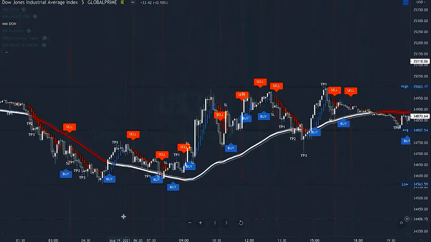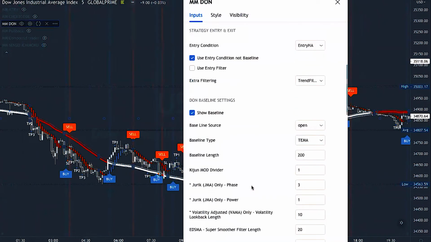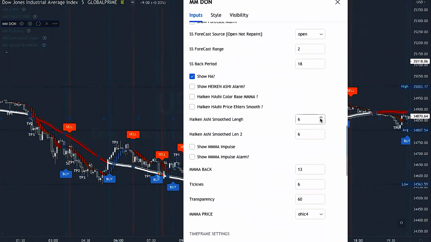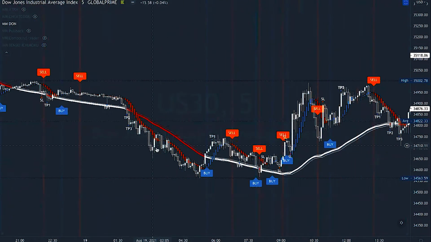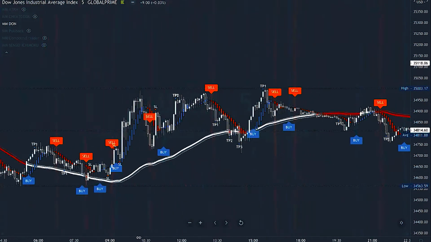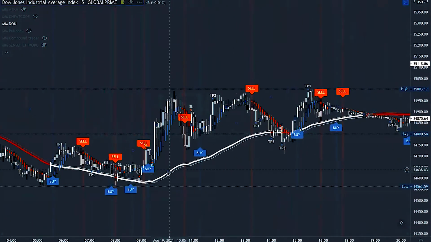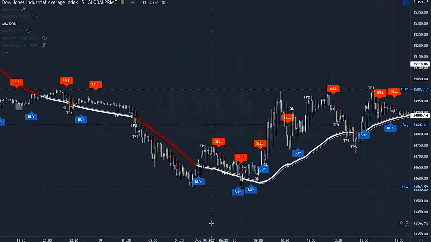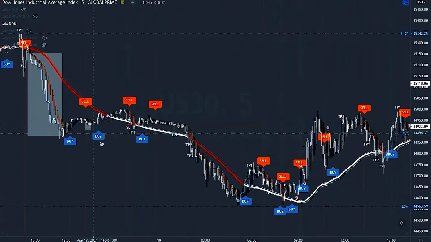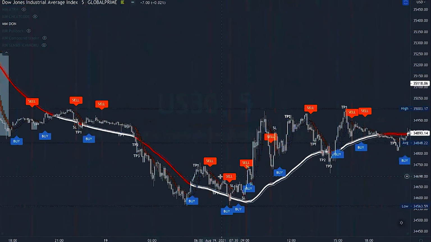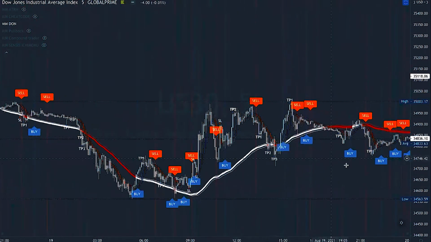And I'm not gonna get into the Hakanashi settings just yet, because you can smooth this out and it's gonna smooth out price data a little bit more. That buy signal disappeared, right? Just a quick little tip. But you can see how and why that baseline is important. And we know what a moving average is. We know how to use it as dynamic support and resistance. All we gotta do is take those rules and combine them with other entries